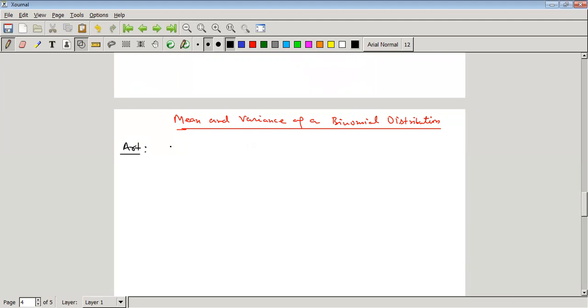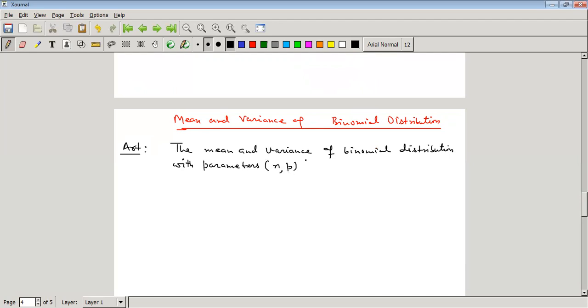The mean and variance of a binomial distribution with parameters n, p are given by